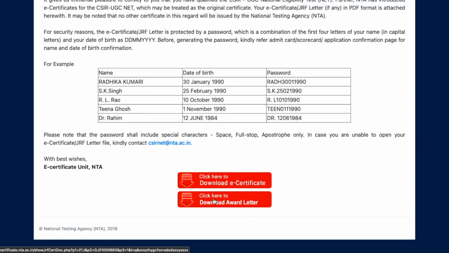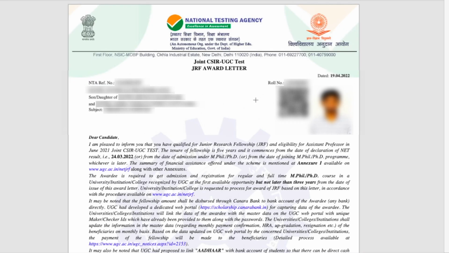So once you click on this, the award letter will again be downloaded and the password will be the same as the one you created for the e-certificate. Let me show you how it looks. Now this is the JRF award letter. It's clearly mentioned over here that this is the JRF award letter, and again all your details will be given